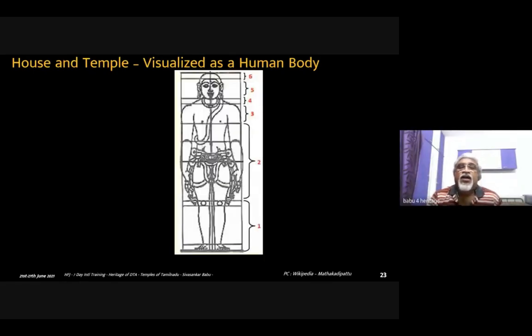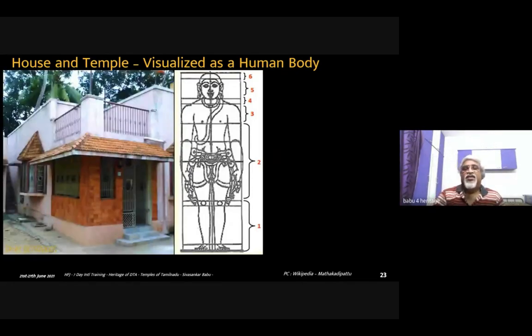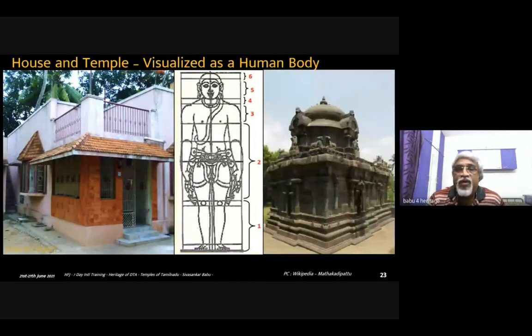So now, an easy way to identify the components of a temple is that a temple can be visualized like our body, a person standing upright, or it can be visualized as something similar to our normal house. This is my old house. So here also we have a fairly simple temple. All these things are the same in terms of structure, and the Vimana is built the same way as these two. So let us see one by one.